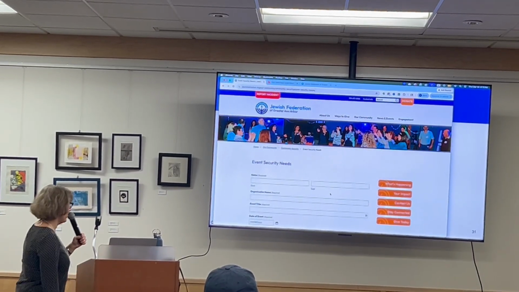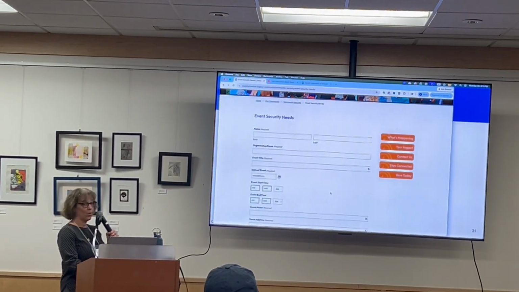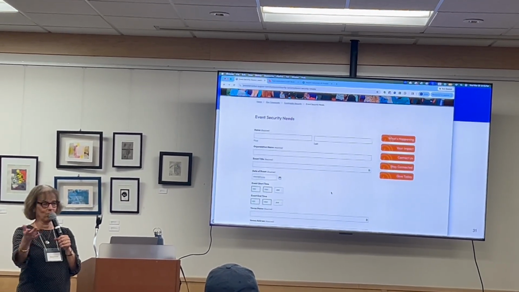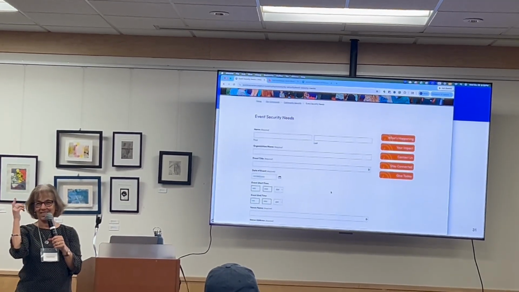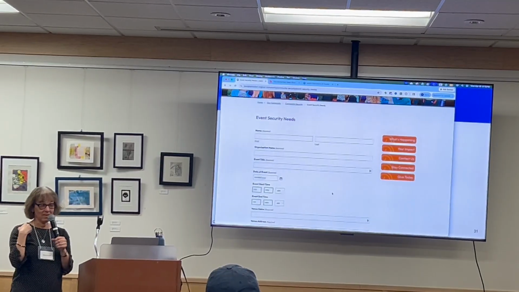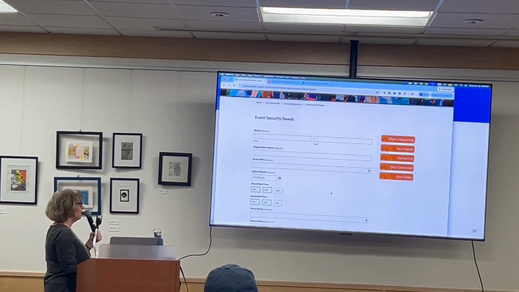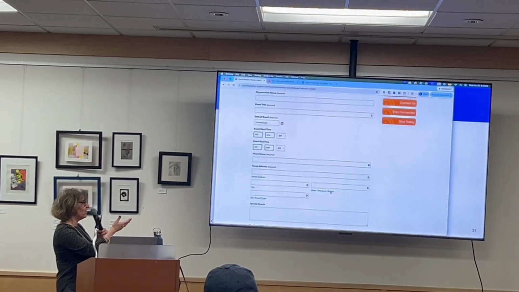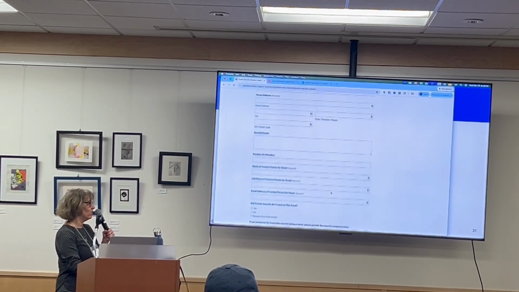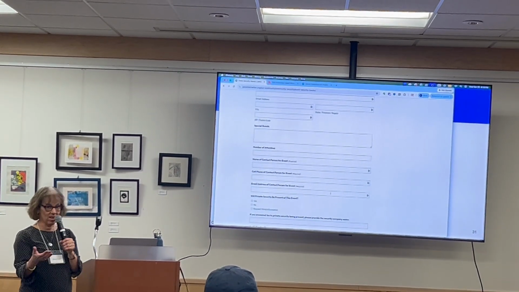So to all the rest of you, if you have an event or any sort of security need, even if it's a question, like the Merck event, because this came up today, should there be security? Fill it out and ask Shane, do we need security for this? And he will contact you and let you know if he thinks you need security or not.